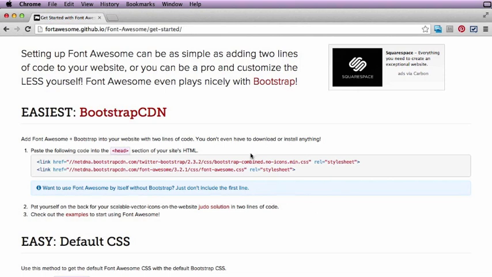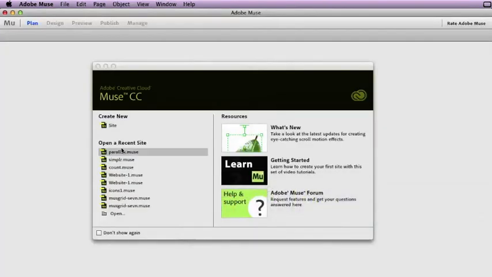the process. So we have two bits of code here that we can use. We don't need Bootstrap because that would be if we were building a site from scratch using HTML. We just need this one here. So I'm just going to grab that link and then I'm going to switch to Muse and I'm going to